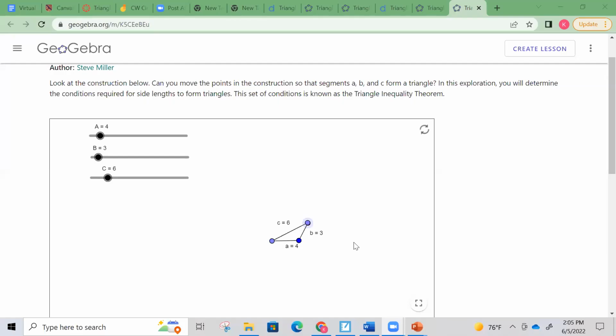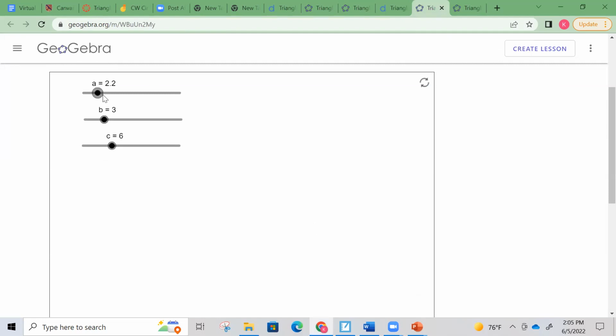Okay, so it took me a little bit of time, but as you can see, I can get those 3 to be a triangle. Like I said, this one's a little bit trickier to get them to match up. But if you do the other one and you do 4,